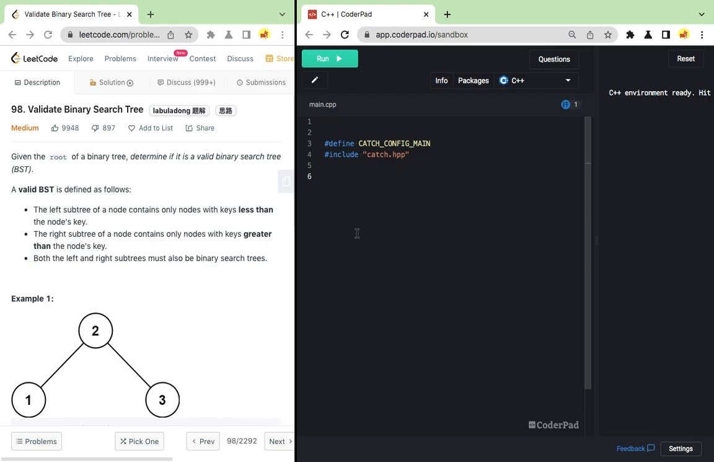So it's a big morning. Today's question is called Validate Binary Search Tree. We are given a binary tree. Determine if it is a valid binary search tree, a BST. And a valid binary search tree